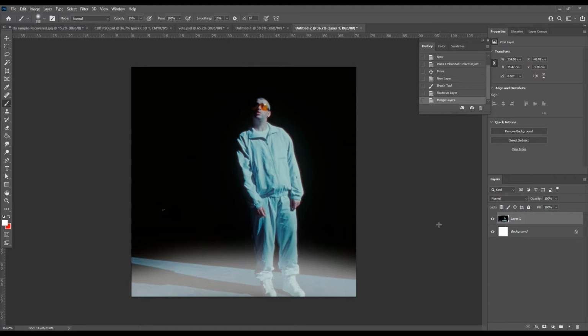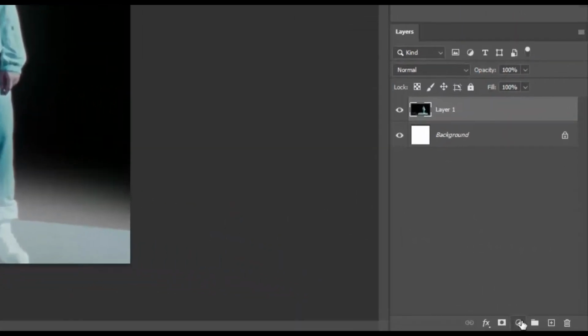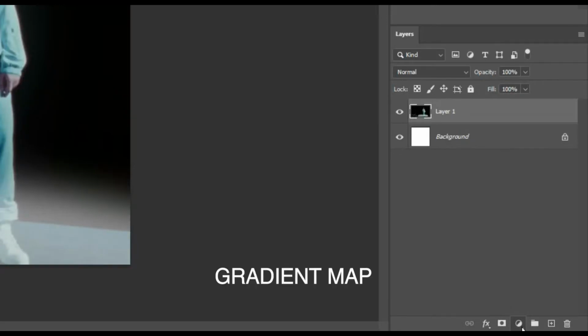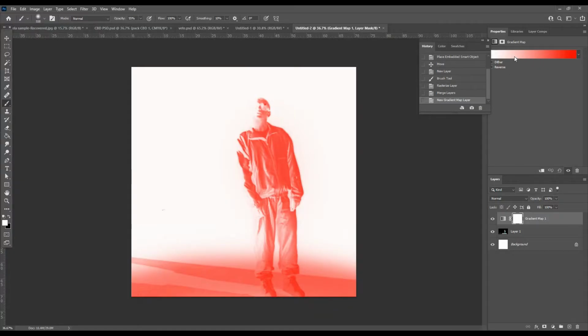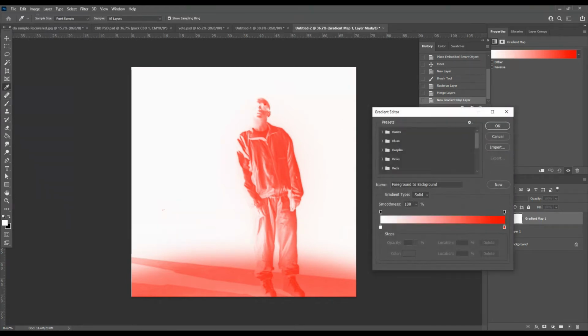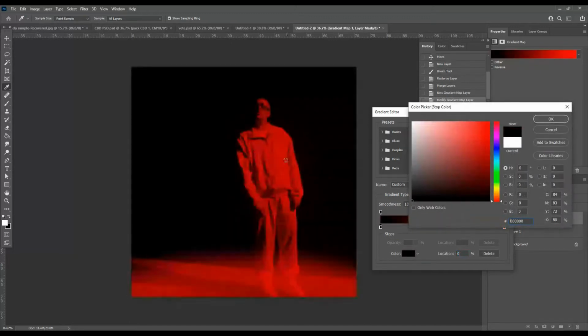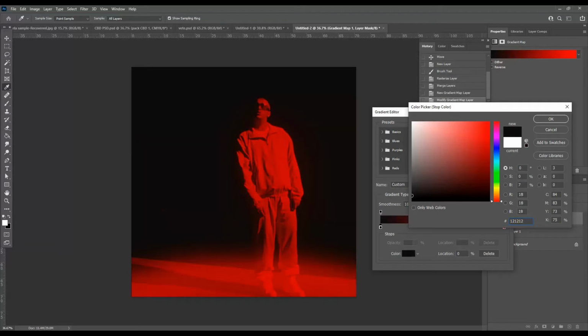Now the next step is go into the bottom right again, and this time you want to press on this icon and go to Gradient Map. Now once it's open, you click on the colors and it will open this window. Now something you want to consider with Gradient Map is that if the color on the left is black, you can see the image much more clearer, like this. Now for this style, you don't want to use a completely black color, so you want to use a bit of a gray color,